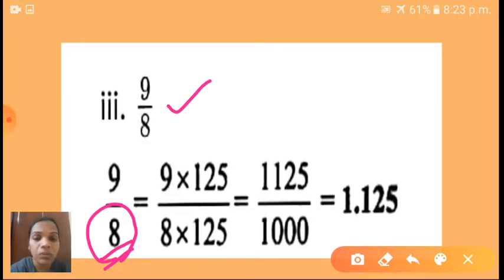Power of 10 numbers. Okay children, the power of 10. So that number we want. So children, you have to think, in the 8th table, 10 or 100 will not come as a multiple, but 1000 will come. Okay children, so you have to mind this thing. In the 8th table, 10 and 100 will not come as a multiple, but 1000 will come. How will that 1000 come? Yes, 8 into 125, 8 125s are 1000.